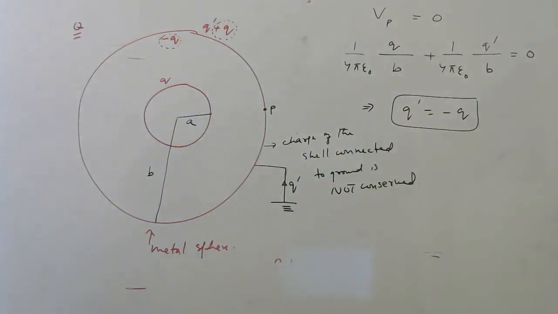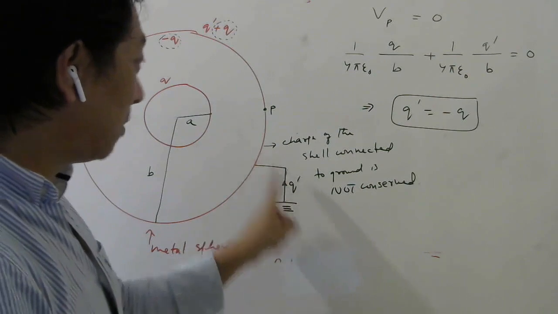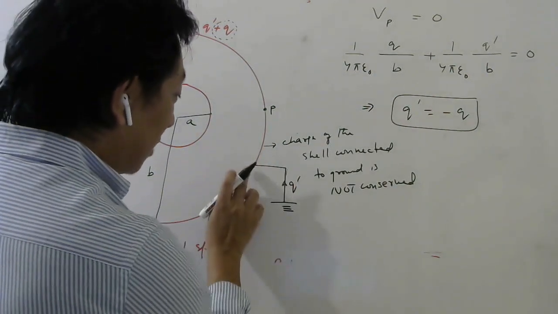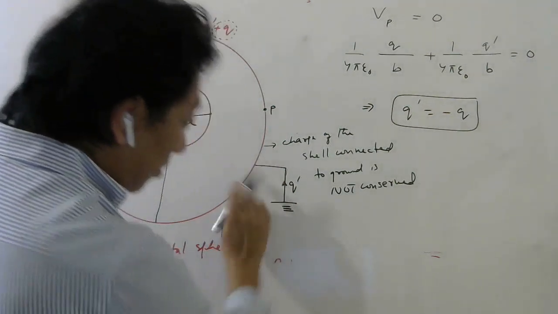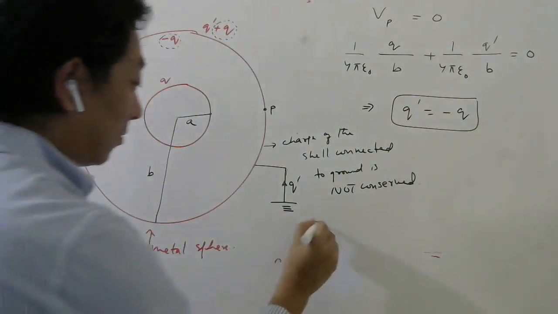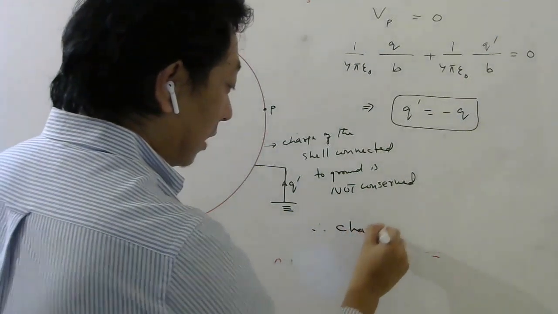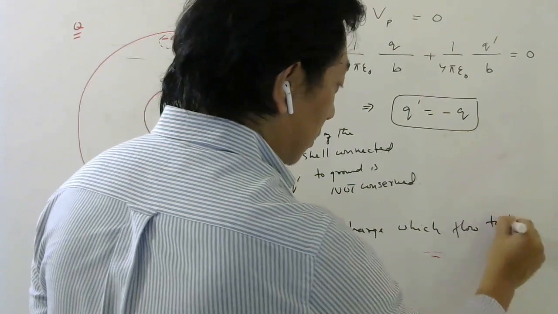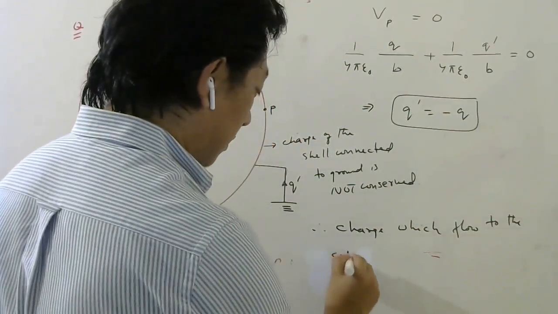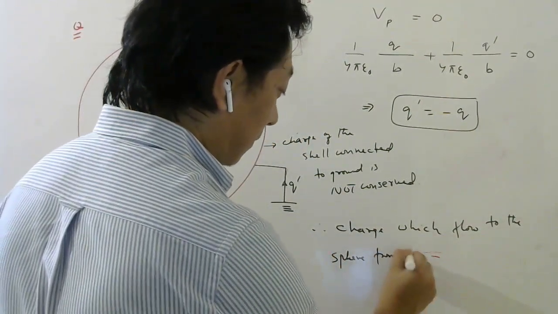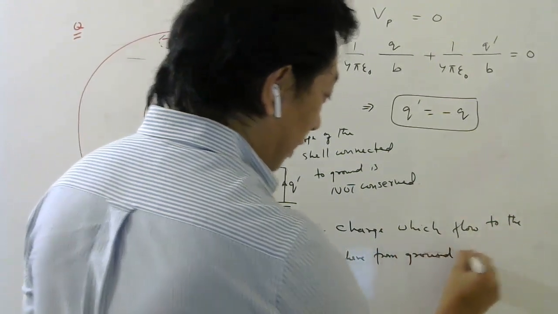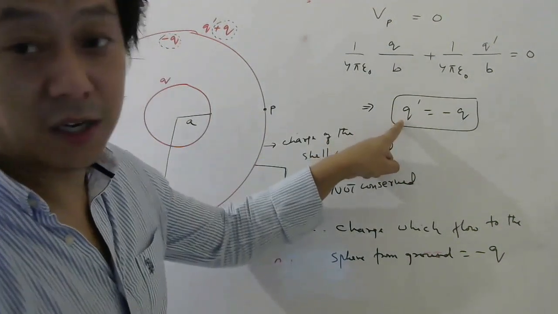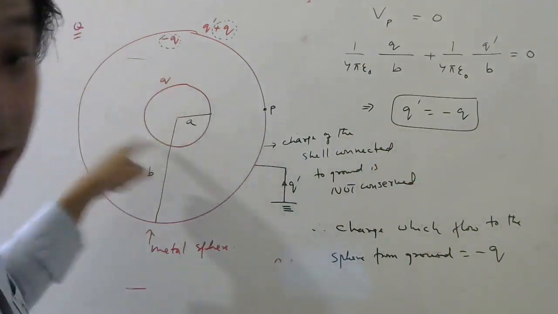Oh, so the answer is the charge which comes should be minus q. So since the charge which comes, q dash, is minus q, it means you can say plus q charge will go this way, right? So therefore the charge which flows to the sphere from ground, it came how much? Minus q. Q dash I have assumed before, but after solving, how much did I get? Q dash is minus q. What was q? This charge. So that means